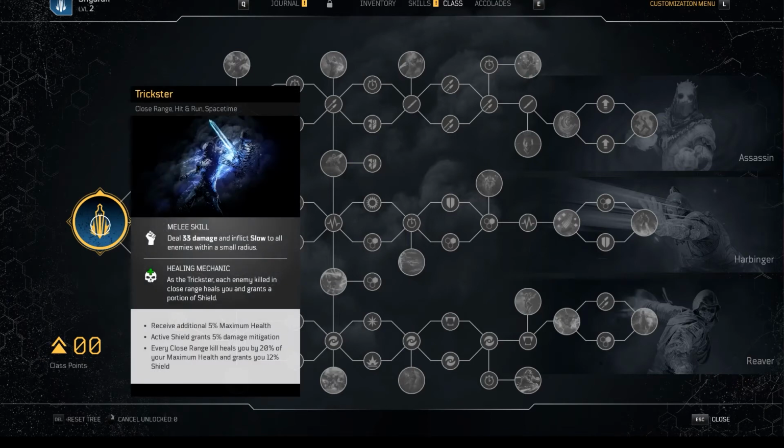as far as your baseline, kind of the way your stats start out. So you're going to have a melee ability that inflicts slow to all enemies within a small radius. In your healing mechanic, basically when you kill an enemy in close range, it heals you and grants you a portion of shield. Now right off the bat, my one concern for this class in multiplayer is going to be